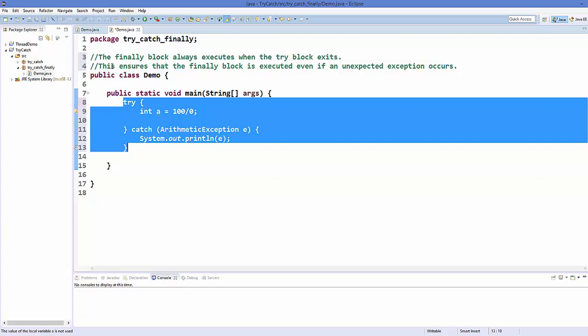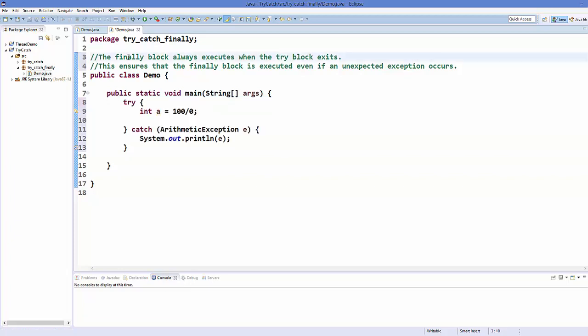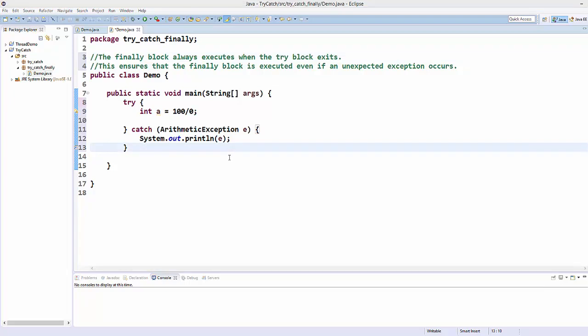It doesn't matter what the code does, whether it throws an exception or it doesn't, this finally block is always executed. So using this finally block, you always have the chance to release your resources.